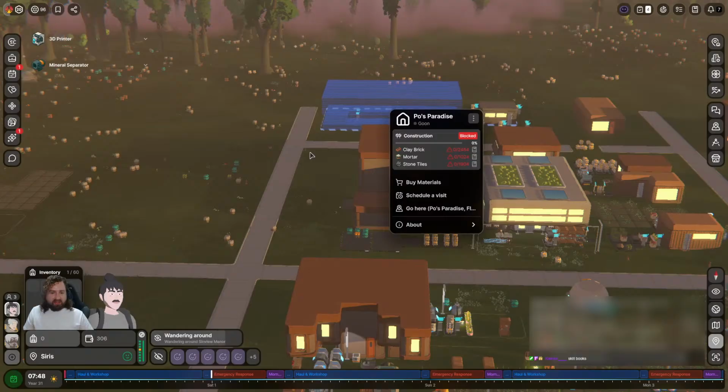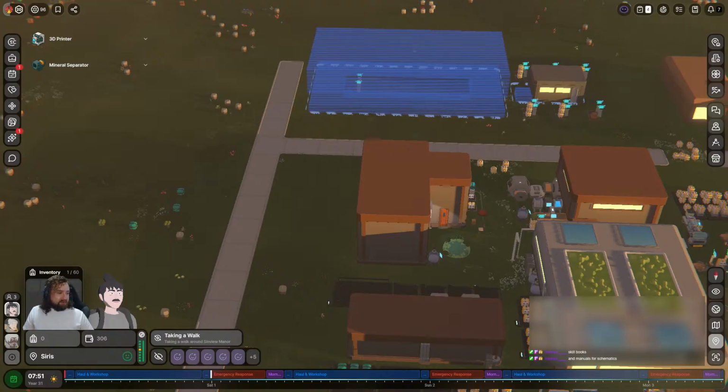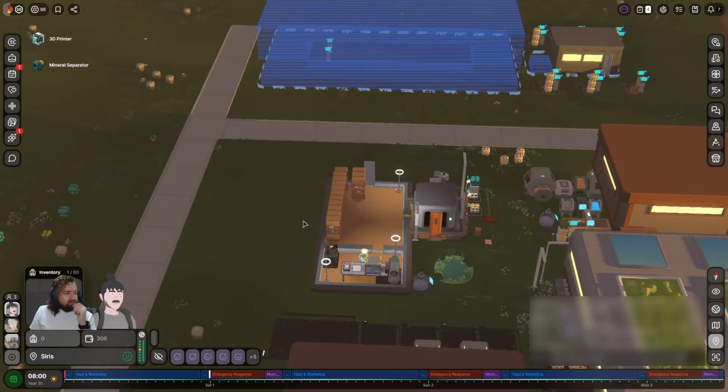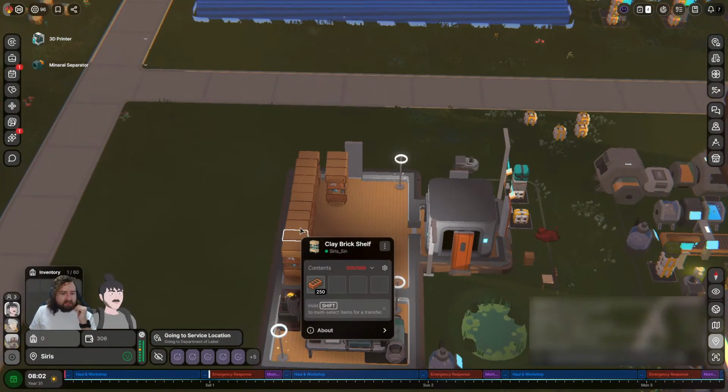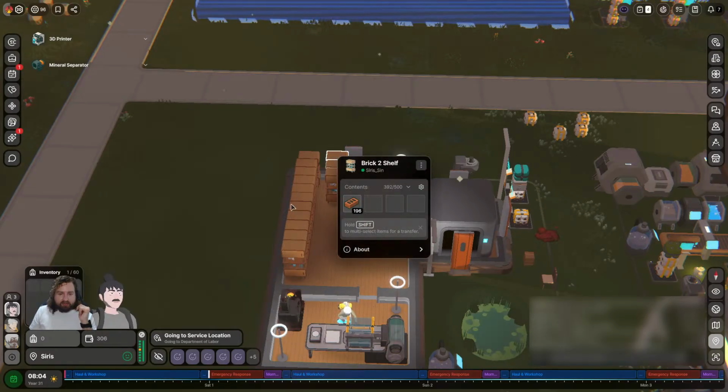Also, do we think this building's ever going to be built, or do we think that's just going to stay like that? And manuals for schematics. I'm guessing the schematics was how you... There's legacy recipes as well. Yeah, I'm guessing that was the only way. The only way you could make certain recipes, you had to make the schematic first, you had to learn the schematic, and then you could make the recipe.